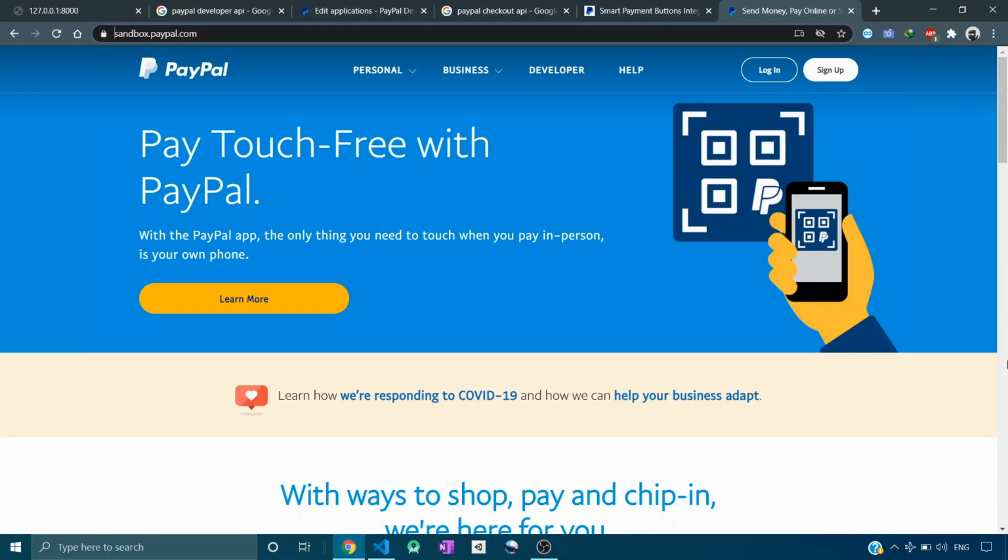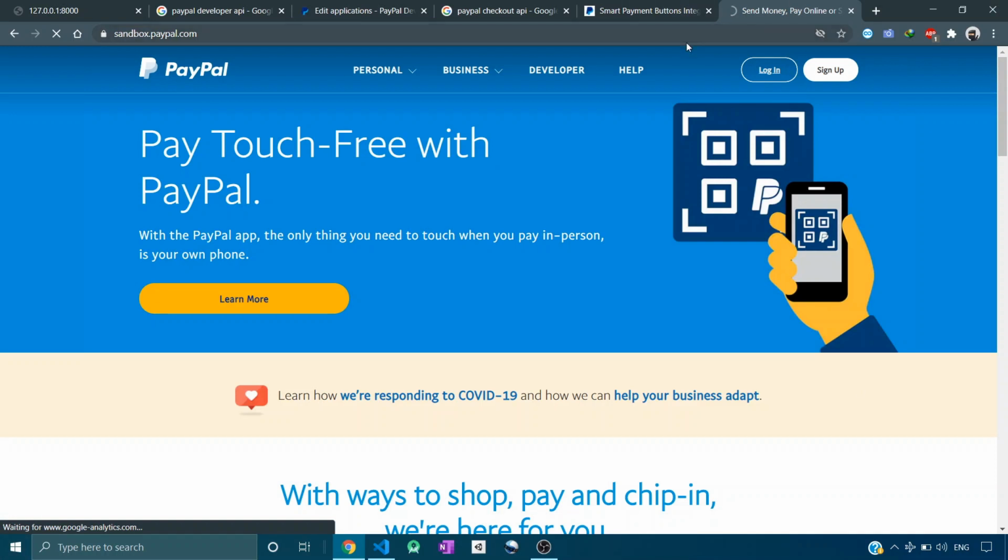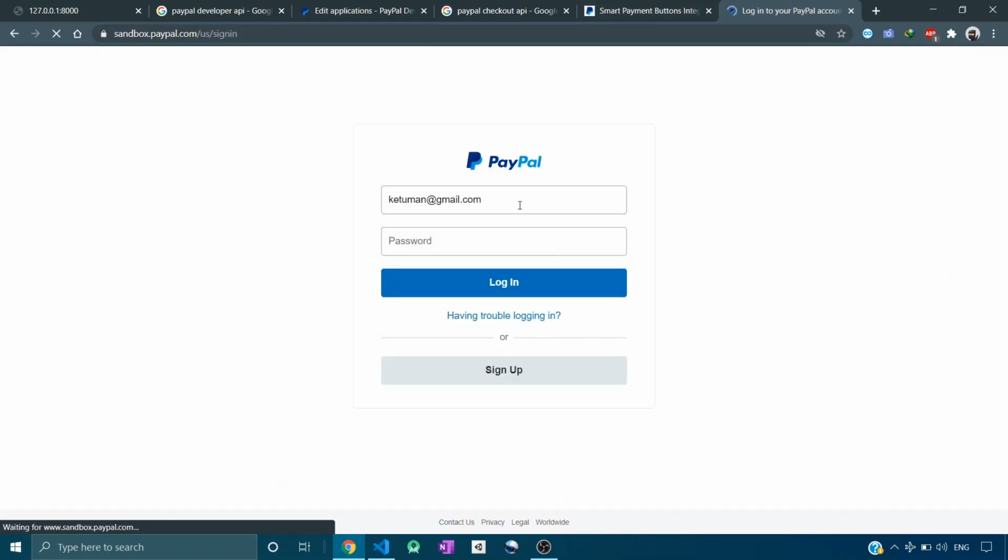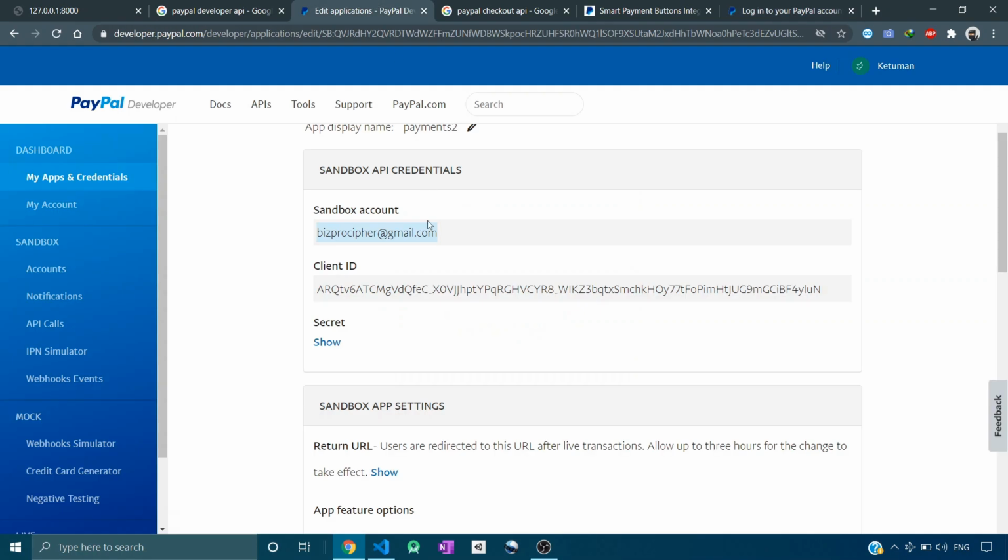Now the next thing, we need to open this link sandbox.paypal.com. Make sure you type this in your search bar. For some reason Google does not show this page. Okay, so now we need to click on this login button. Here you need to log in with your sandbox account, not with your real account. So I'll just log in with my business account. It was based, I forgot.